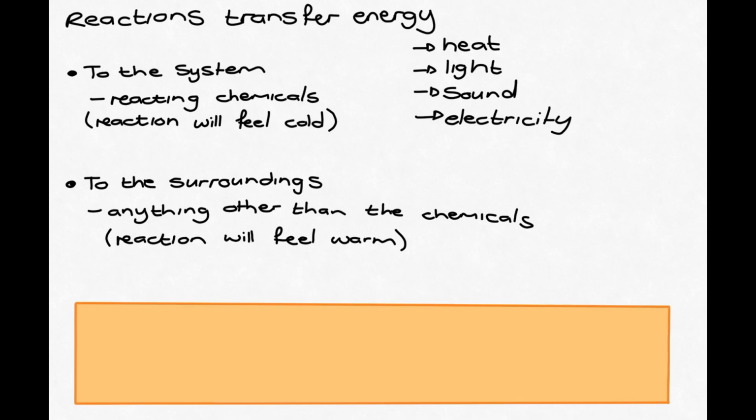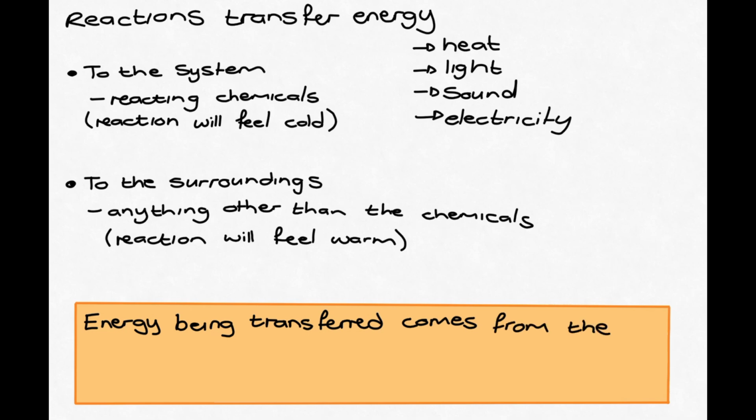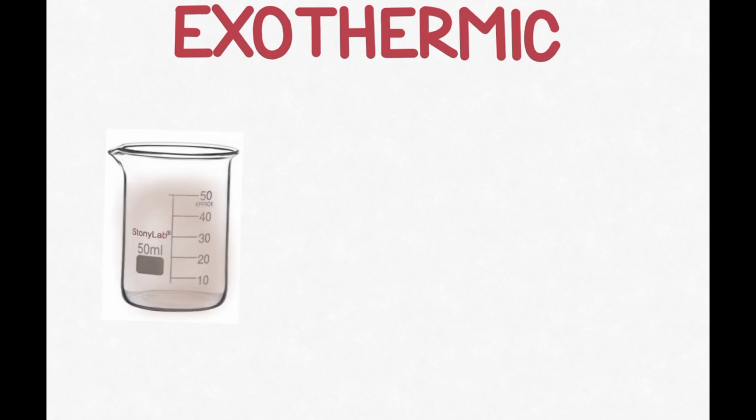Now, the energy that's being transferred comes from the bonds between the atoms, either breaking or forming. But we will get into more detail about this just now when we explain the difference between exothermic and endothermic reactions. So the first type of reaction that we're going to look at in a little bit more detail is